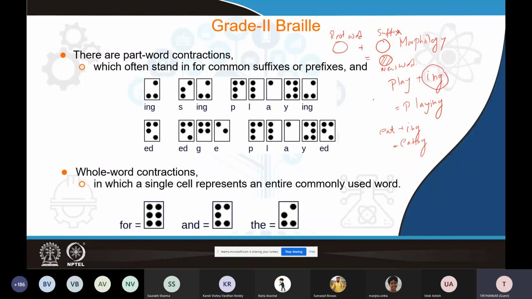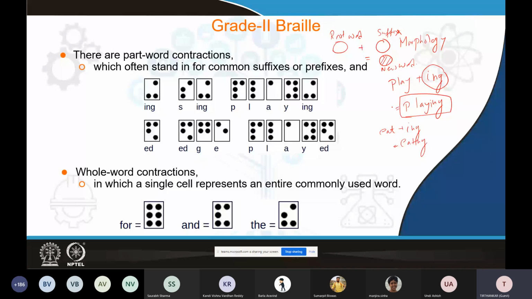So instead of contracting the entire word playing, which will put a higher burden on the reader to memorize all the possible contractions for all different words,